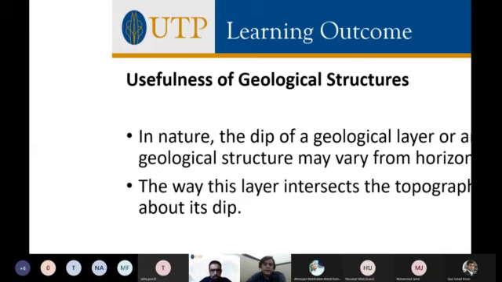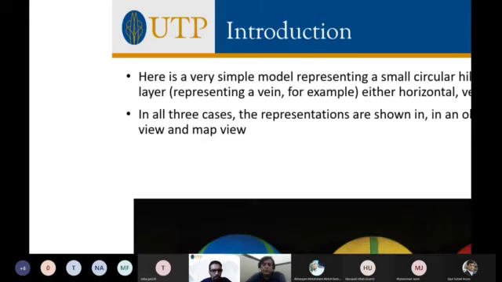So understanding the angle and understanding the layers, how they interact, is important, because especially in Malaysia, if you go to Sarawak for fieldwork, you will see a lot of problems. I have been there, and because of vegetation, it's always hard to see the third dimension of the rocks, and hard to see the other dimensions as well. So here we have very simple models.